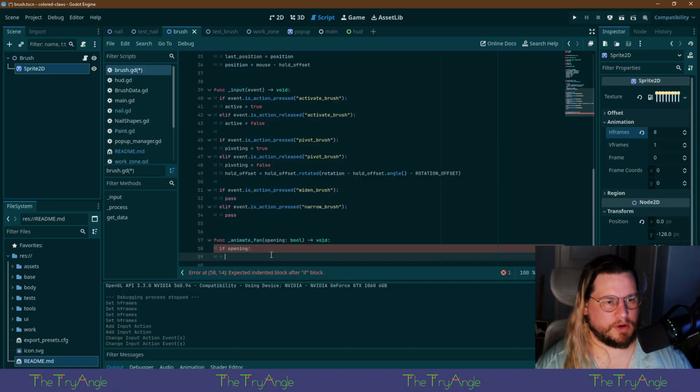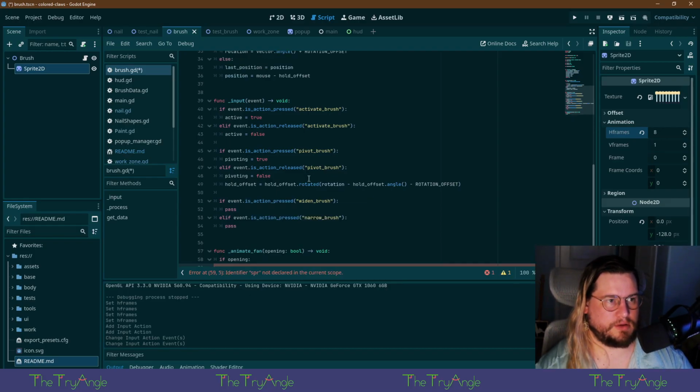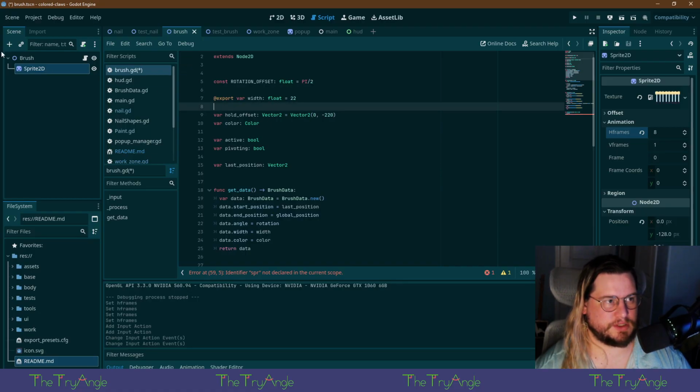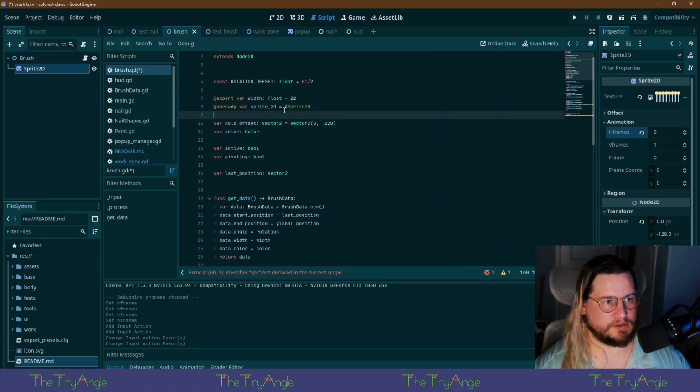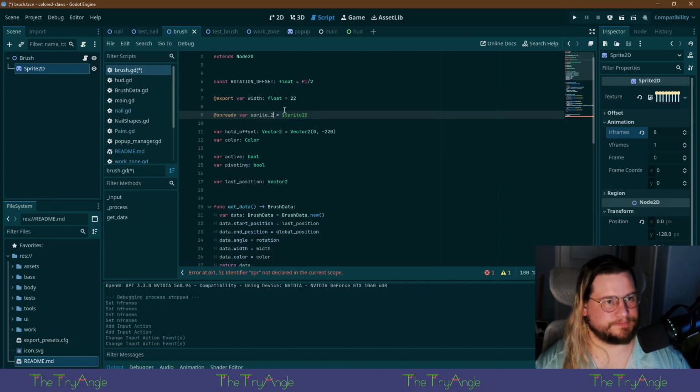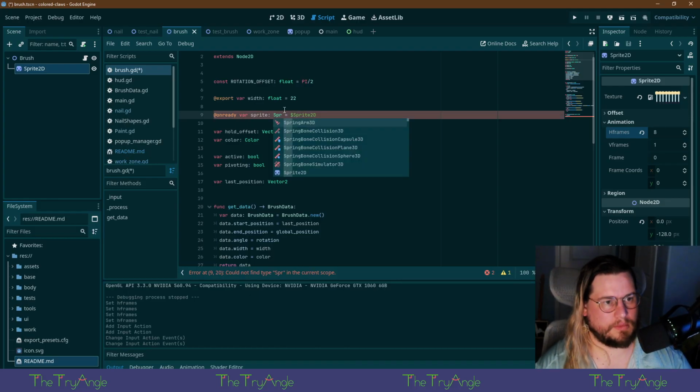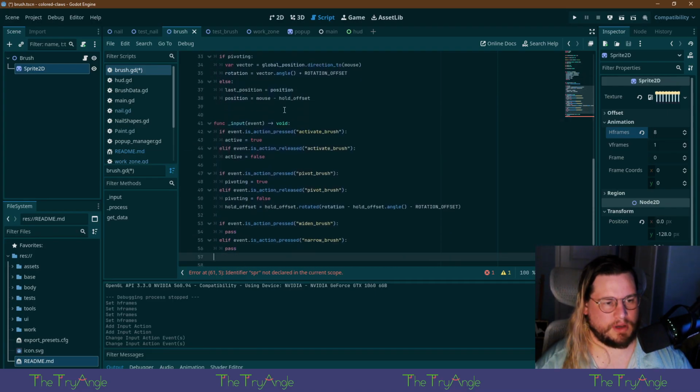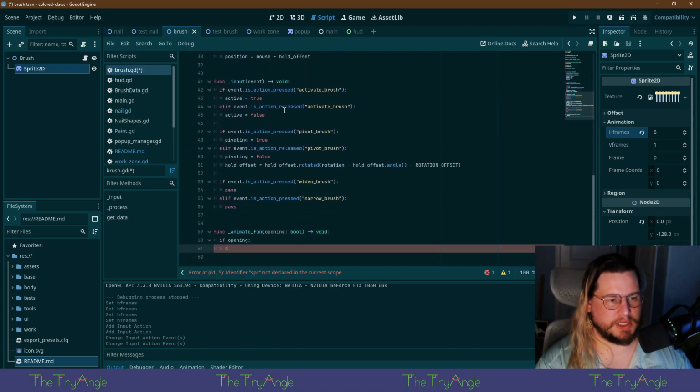So for opening, we're going to take our sprite here, which we don't have referenced. How horribly evil of us to not do. There you go. I'll have to check out those bone simulations one day.